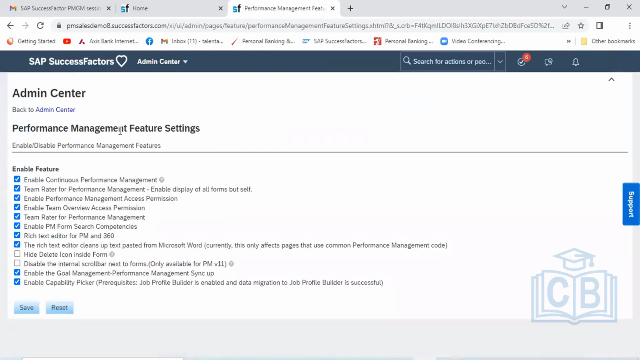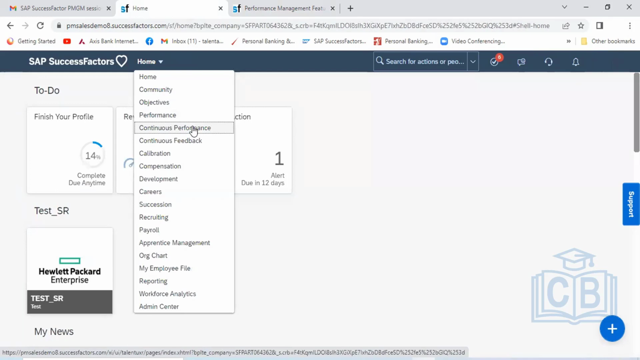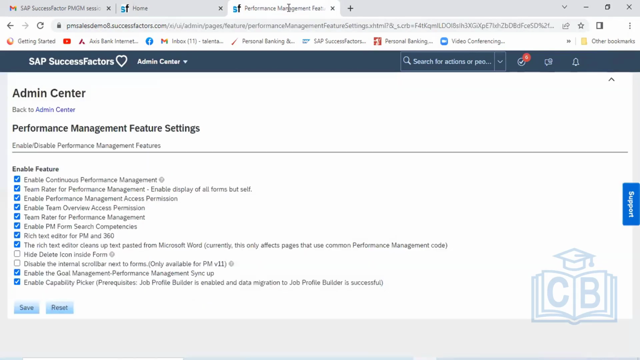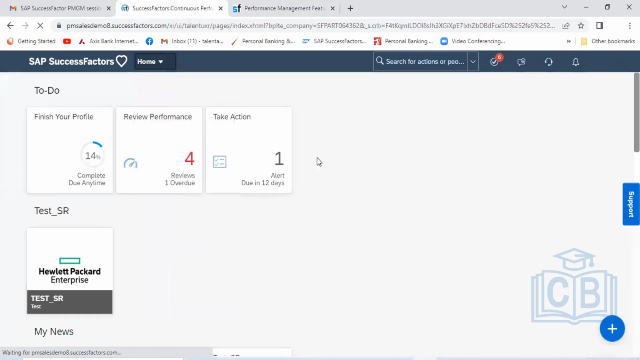Okay, so in the performance feature setting, you can see here, enable continuous performance management. This has been enabled here. Got it? So we need to enable this thing, then only we can get this particular tab here. Okay, so this is the setting which we need to enable. After that we can see this continuous performance page, and once you click on this continuous performance page,